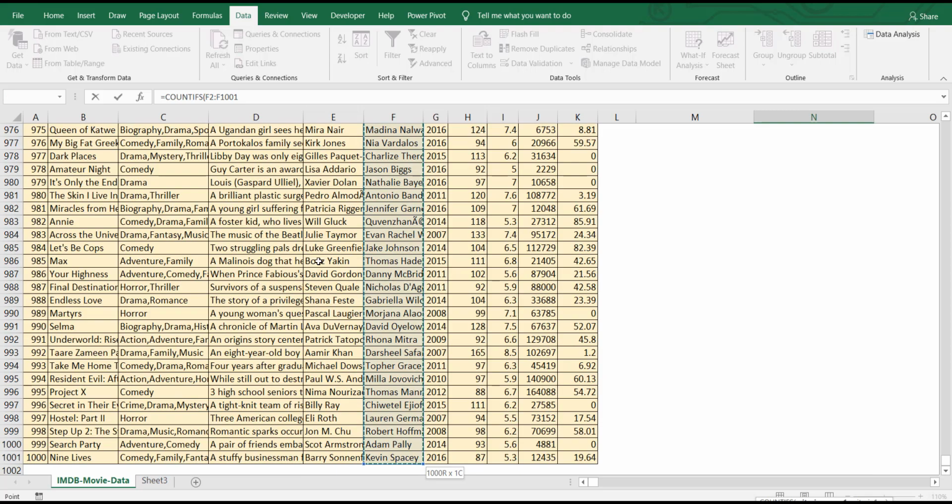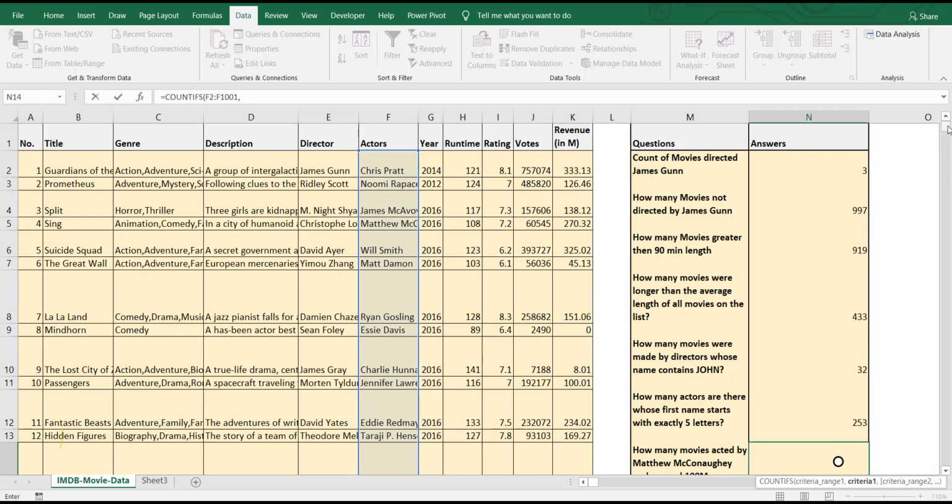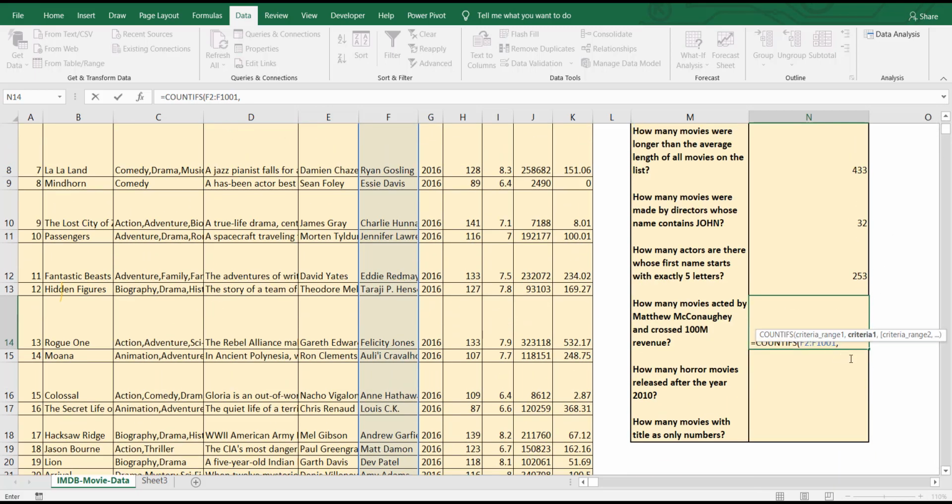So first select the actors column, put a comma, and enter in double quotes Matthew McConaughey, if I'm not wrong.